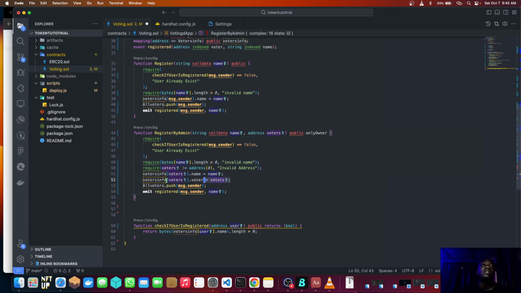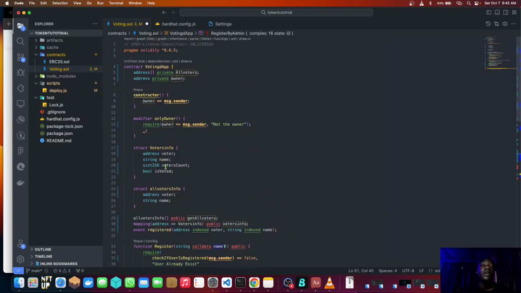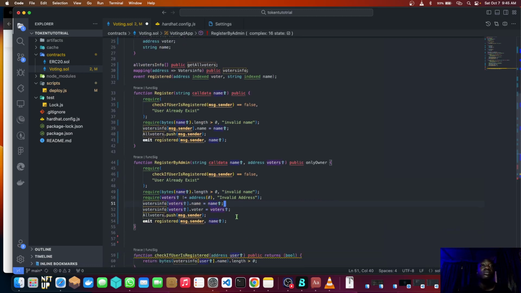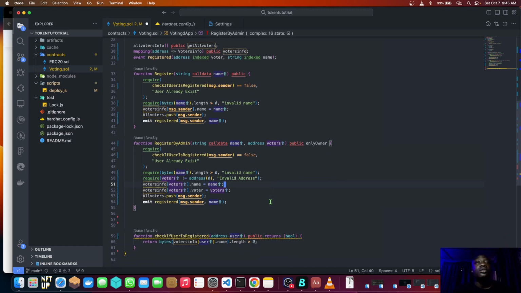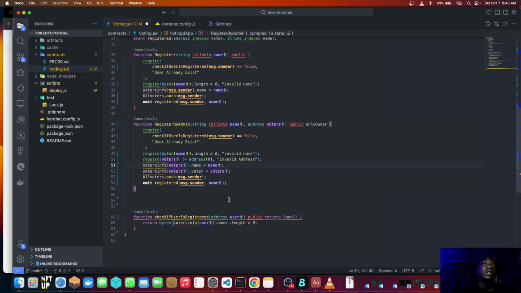You can also write this function in a separate way. Other than writing it one by one, we can write it in a single line, but let's just read it this way. If we have to write like 4 or 5 of these, we can't be writing it one by one. But whichever the case, this works too. So the register by admin, then